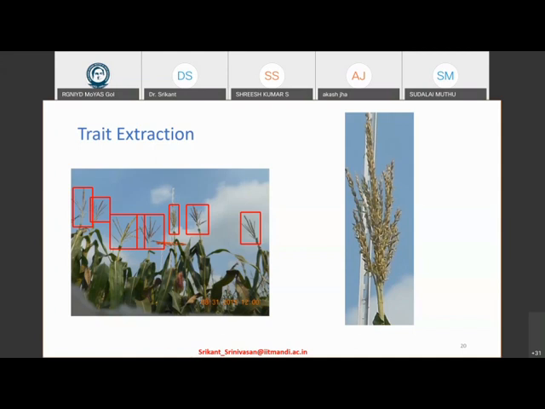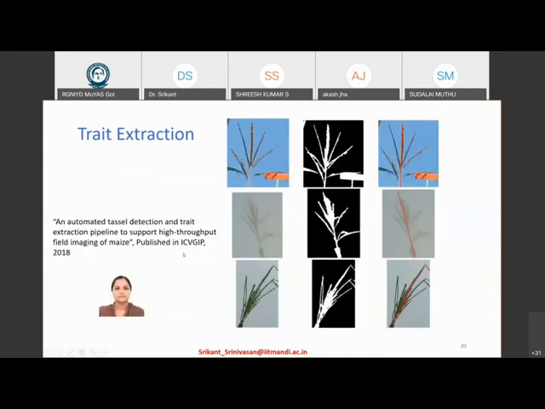So let's go to some other examples. Here, based on the image data, we are able to capture the tassels of the maize plants, and then using different kinds of machine learning processes. These boxes are not drawn by hand. They are automatically done using a deep learning algorithm. When I feed the images to the computer, the deep learning algorithm automatically places these boxes very tightly around these tassels. And using that, we are then able to extract the tassel traits.